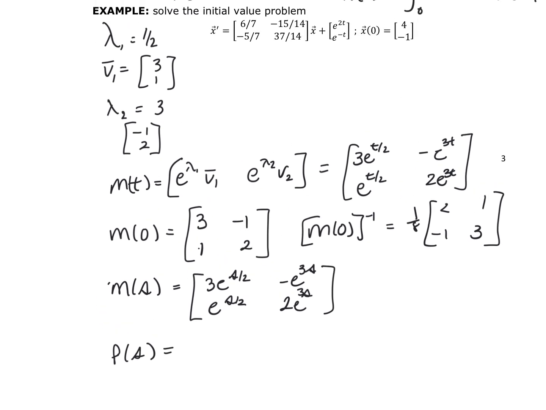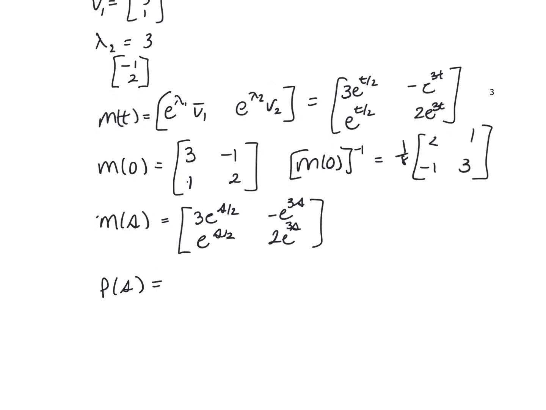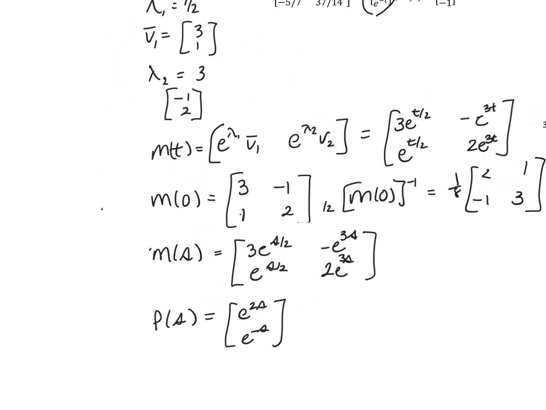Well, f of s is this. So that f of s is going to be, with the t being replaced with s, e to the 2s, and then e to the negative s. All right, so using